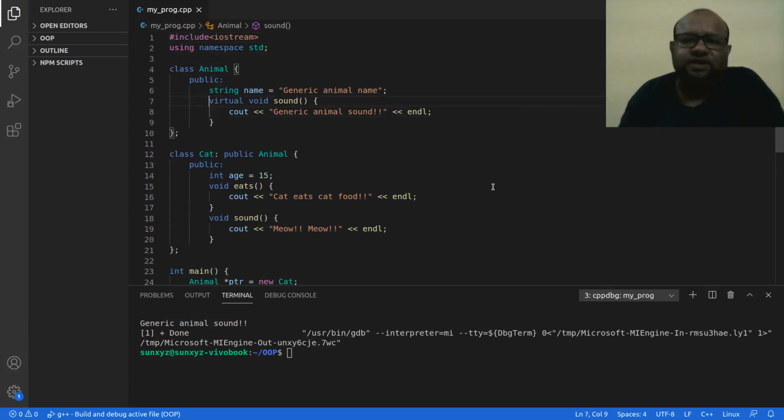Now what does a virtual function enable us to do? When I have this parent class pointer, base class pointer, in my case this animal class pointer, pointing to a derived or child class object, in my case the cat class object, and when I use this pointer to call this sound method, where does this sound method exist?